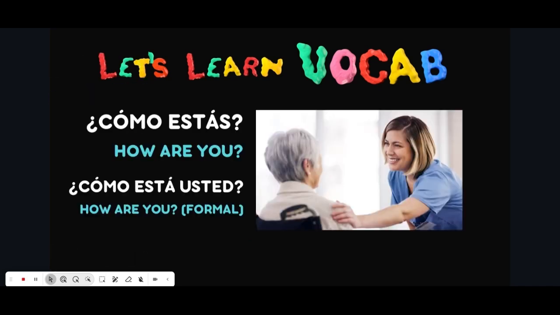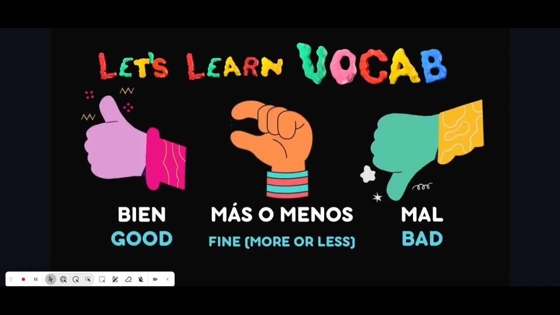¿Cómo estás? How are you? Now, this is how you would ask someone when you say ¿Cómo estás? This is how are you to a familiar person. So this is someone that you would talk to, either someone that is your peer or the same age or younger, or someone you already know pretty well, because this is using the conjugation of the verb estar for the